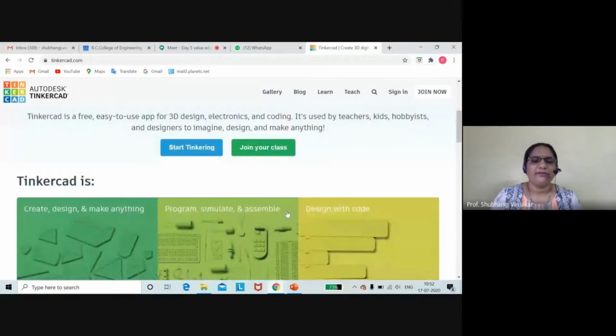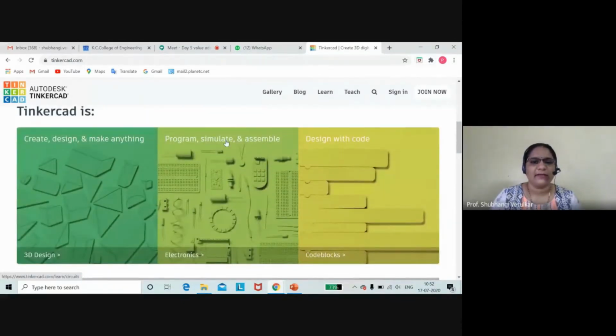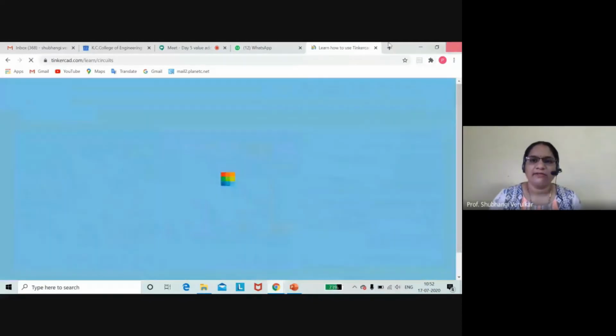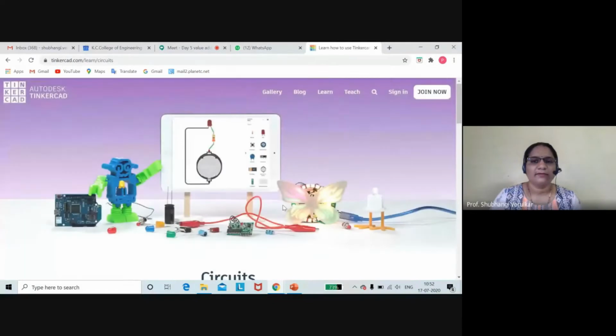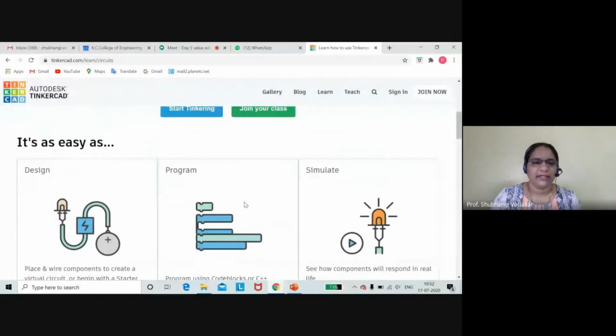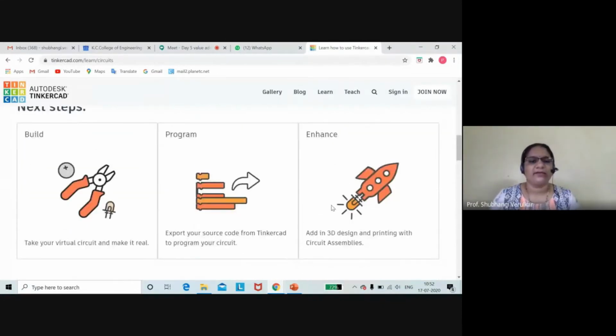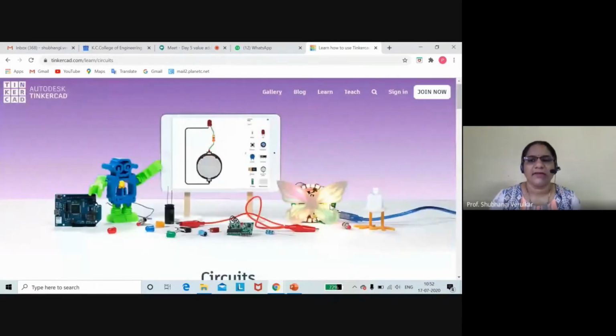We will work out for this option, that is a program and simulate. So we will work here. Okay, so to work here you will get more detailed information. So this screen will come in front of you to work for your tinkering. So you can see that you can design a circuit like this. You are having options and you can simulate a code by pressing the button simulate. Everything we are going to see in the next thing when we will join.